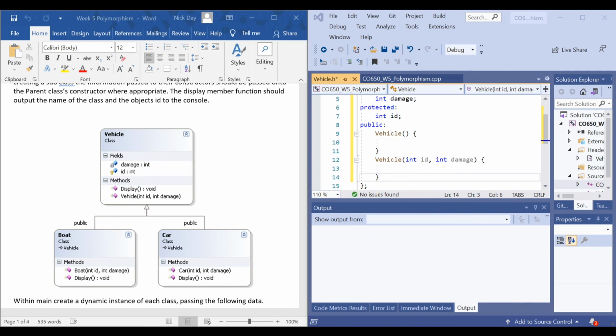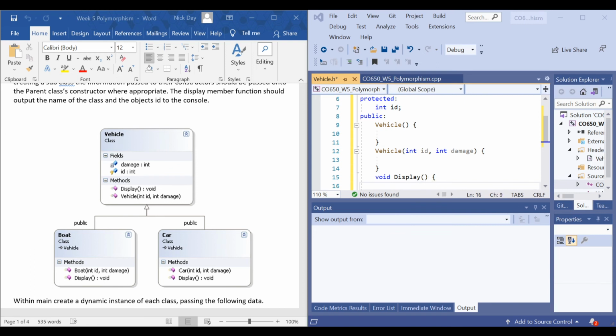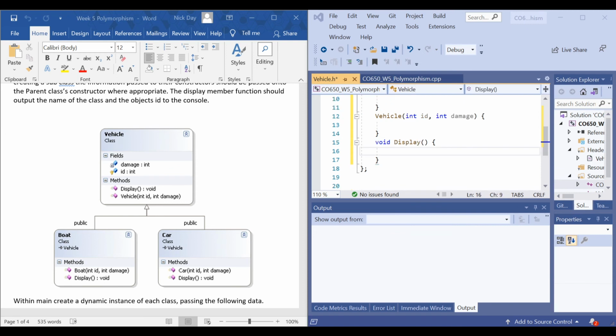So I'm going to set up a default constructor for the vehicle, because I'm pretty sure we'll need that later. And then the non-default constructor given here, per the requirements, we need a parameter list that has the ID and the damage integer parameters set up, which we're going to do here. And then finally, we need a display function, which does what it says on the tin. It's just going to print things out to screen. So what we can do